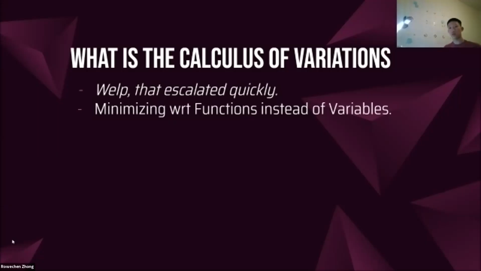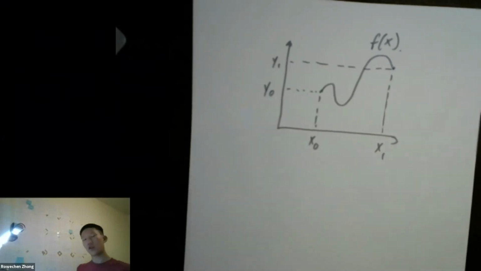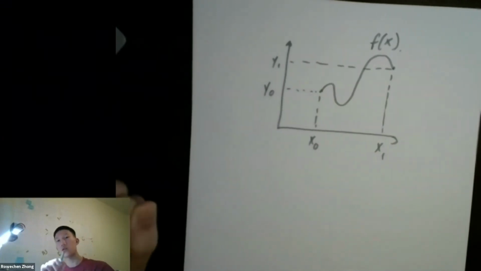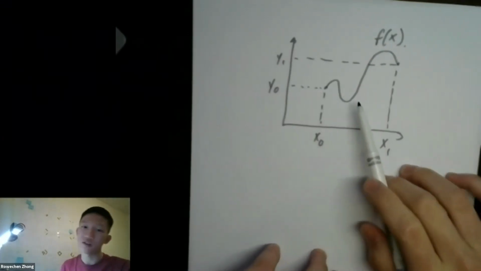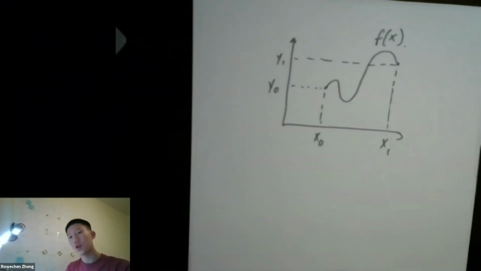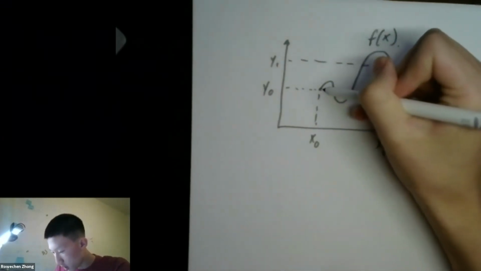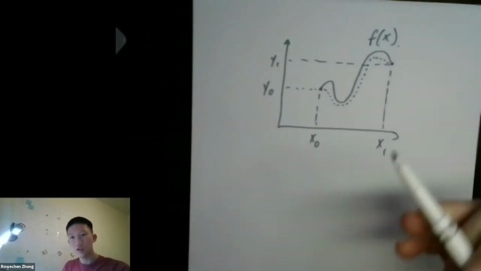So what can we do with them? We're trying to minimize the length with respect to the function instead of the variable. We're going to try to find something such that small changes to the function only make the length bigger. So let's say this was the solution. This is not the solution, in case you didn't notice. But let's say it was. Then consider a very small change in this function. Let's say we made a change, and now the function looks something like this. Do you see the dotted line right here?